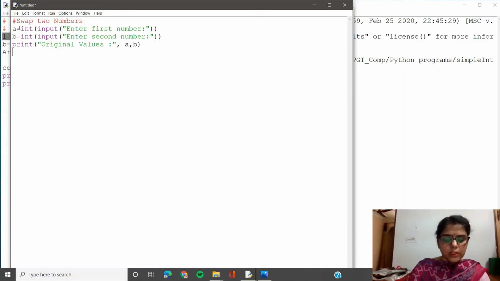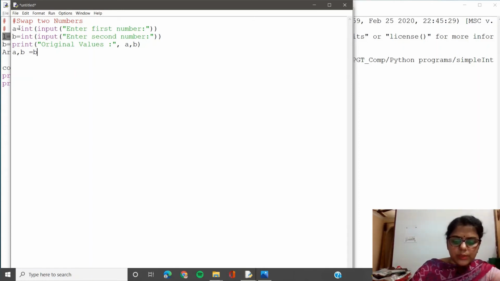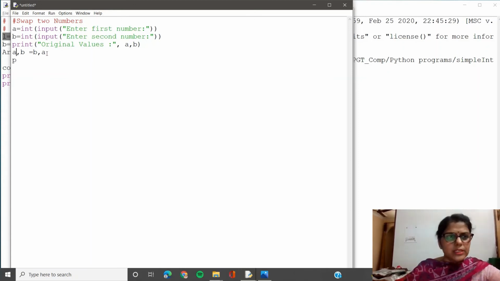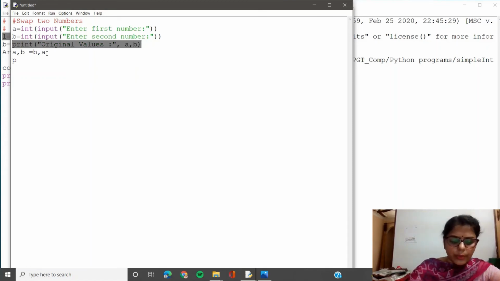After this, for swapping, Python gives you a very easy approach if you write A comma B equals B comma A. Student, this means the value of the first variable on the right hand side goes into the first variable on left hand side. That means variable A is assigned the value of variable B. At the same time, simultaneously, variable B is changed with the value of variable A. Alright, now we can display the values after swapping